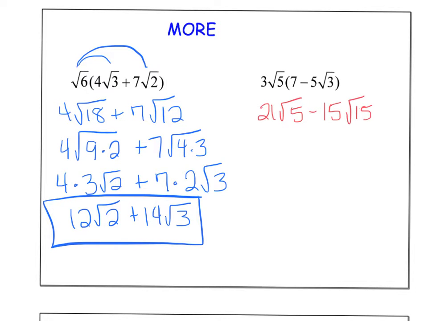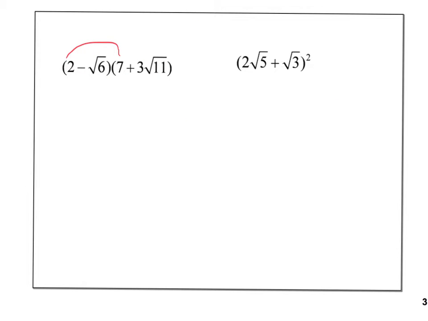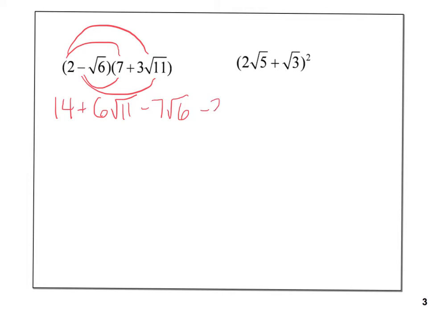And now we get to products of radical expressions that require us to distribute. So I will do the first one with you, and the second one you will do on your own. So the first one, I'm going to take 2 times 7, which are my first terms, and get 14. My outer terms give me a 6 times the square root of 11. My inner terms, there's nothing really you can do except multiply them in that fashion. And the last terms, I'm going to get a negative 3, watch out for that negative sign, and a 66